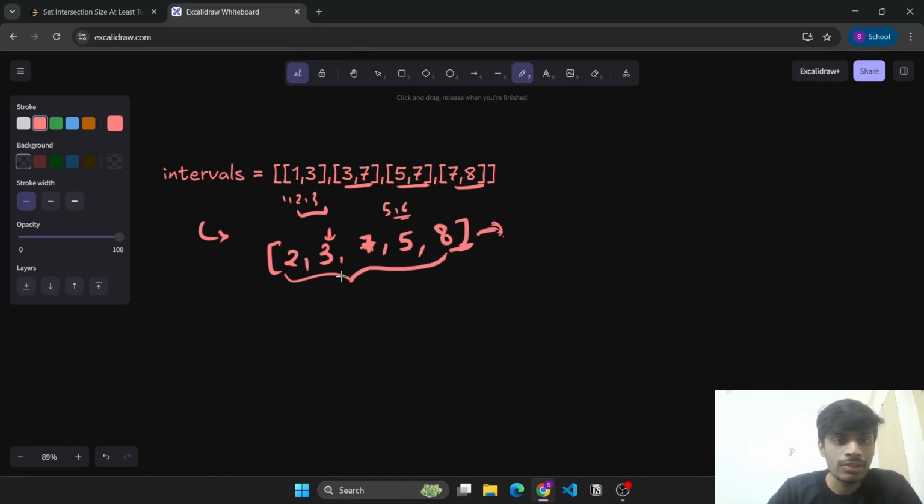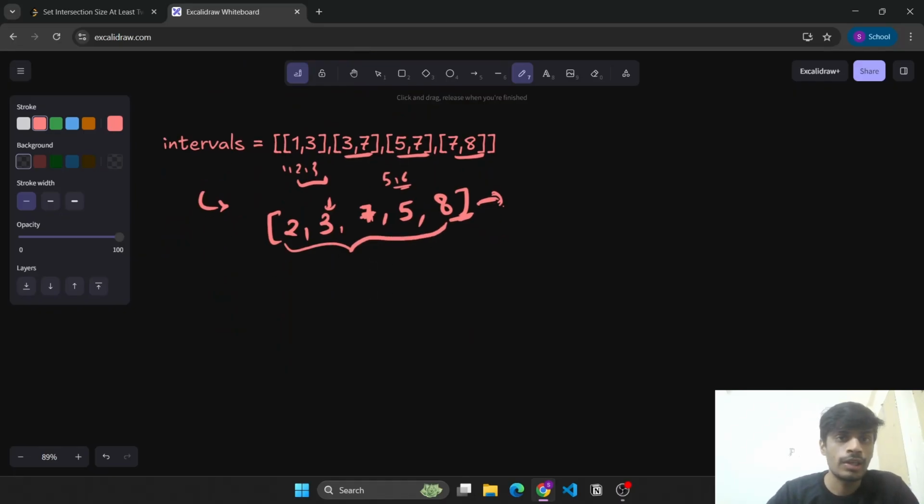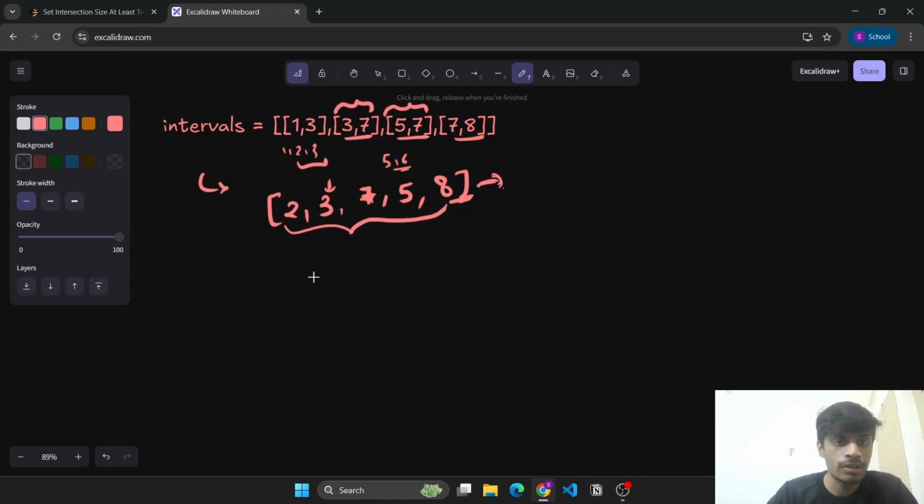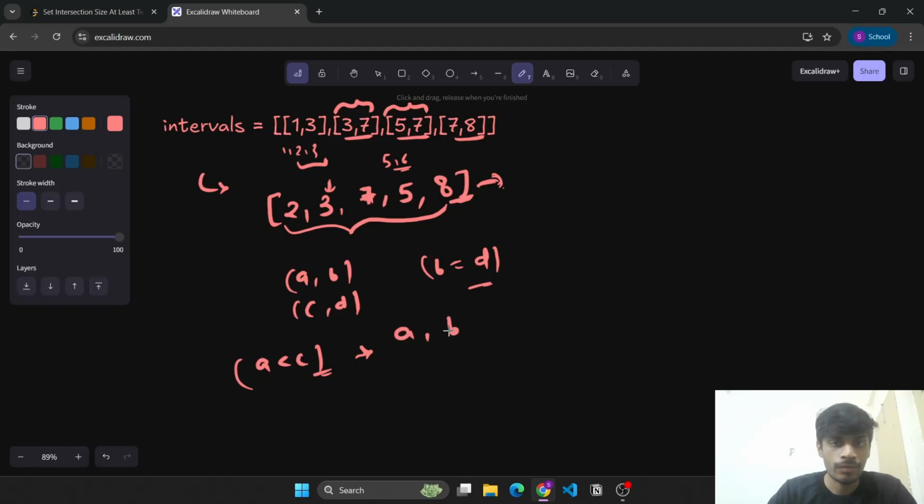And why is this the case? Because this is a more relaxed interval as compared to 5 comma 7. So we have two intervals, a to b and c to d. Here b is the same as d, but since a is less than c, that means a to b